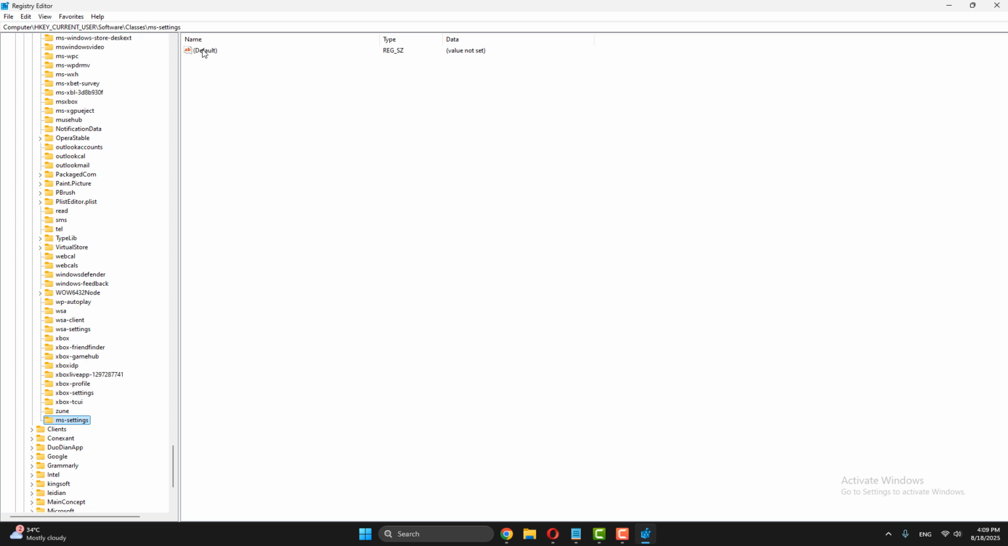First of all, open Default and set the value data as URL:ms-settings. Click OK. Right click, select New and create a String Value and set the name as